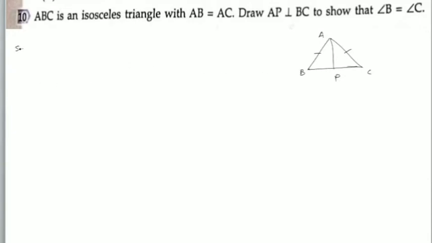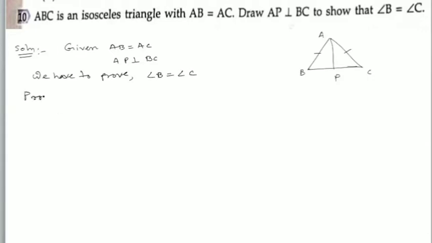So given AB is equal to AC, AP perpendicular to BC, we have to prove angle B is equal to angle C. Proof: